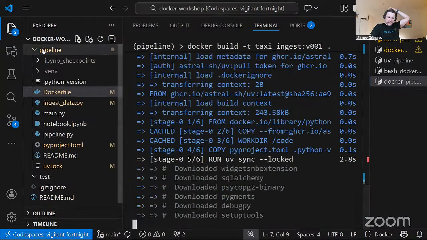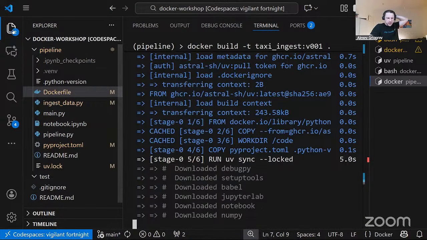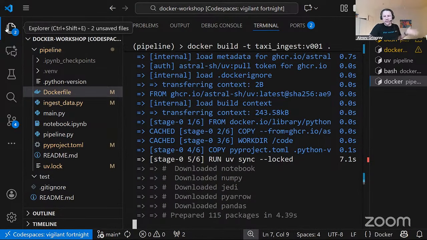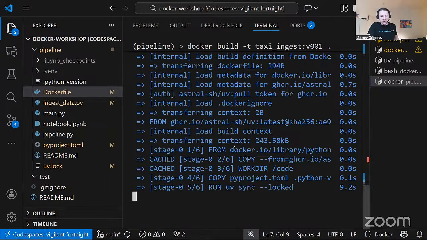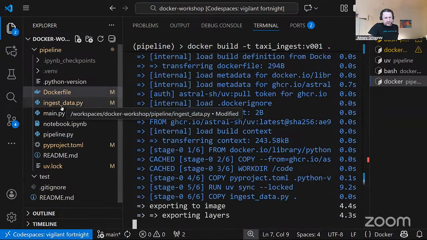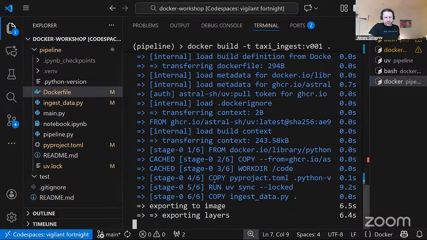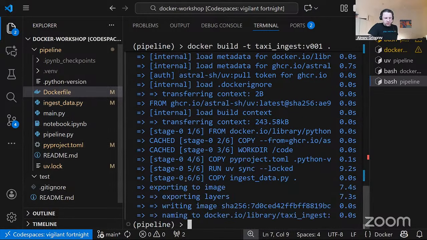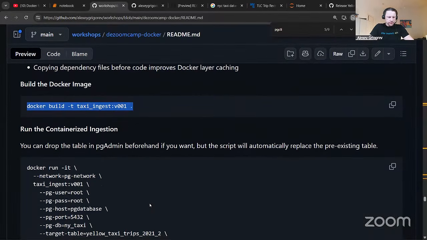So I cd, I change the directory to this pipeline and execute it there. It's the same thing as we did before. I just changed the file I copy, and that's it, right? We don't need anything else. All the dependencies are inside this pyproject.toml, so they are installed. And the way we run it is